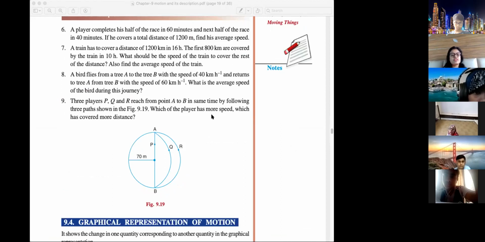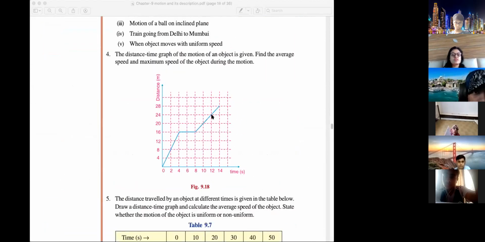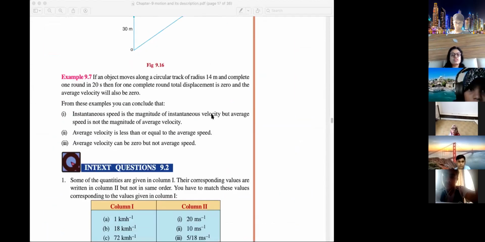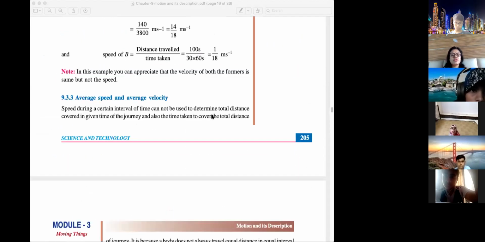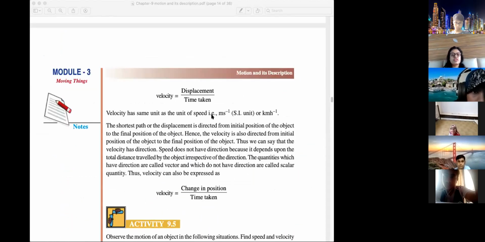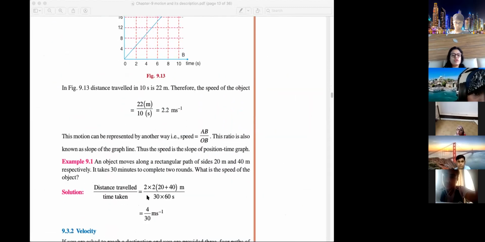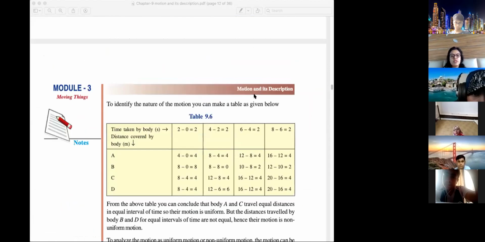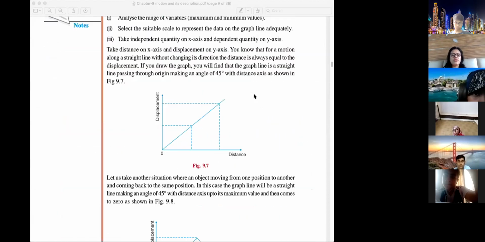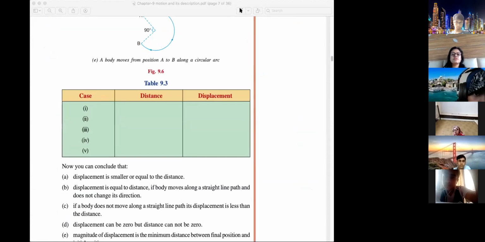I think I gave this exercise as homework. Did I give? No, not this; the previous one I gave. So this I'll give you today. We'll do some questions and then this all will come, how to find out velocity, the formula and everything. This I'm showing you today, how to calculate it. Okay, everyone has joined now.